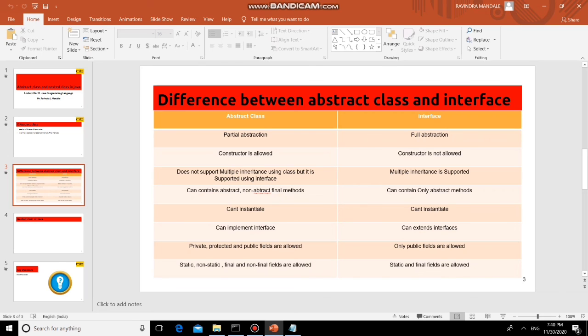In an abstract class, we can take static, non-static, final and non-final fields. But in an interface, all the fields should be public, static, final only. In an abstract class we can have static methods, non-static methods, abstract methods, final methods and non-abstract methods, but in an interface only abstract methods are allowed. So these are the differences you can remember.